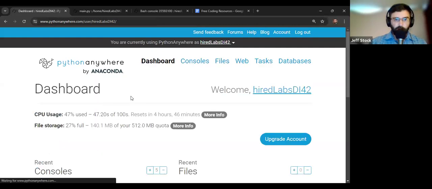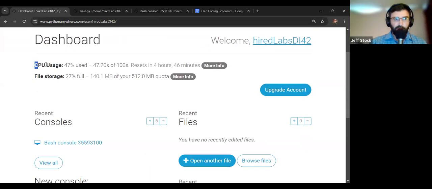But one thing I want to show you in PythonAnywhere is you have an amount of CPU usage. I've been messing around with mine today. It resets every day, I think. I can't remember how many hours, 12 hours maybe. But I've used about half of mine. So you can test this and run these things and try getting to that breaking point, seeing what your CPU usage is beforehand and afterwards. You're not really going to get to see if it's the memory, but if your CPU usage doesn't go up a ton, then you know it's probably the memory that you're maxing out, right? This right here, again, is storage, which, how's that different from memory? What's memory versus storage?